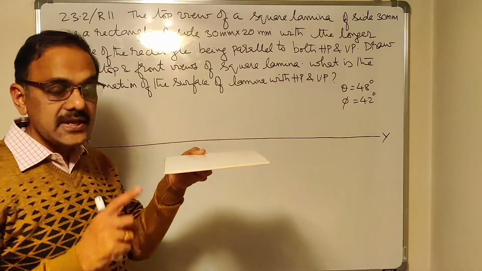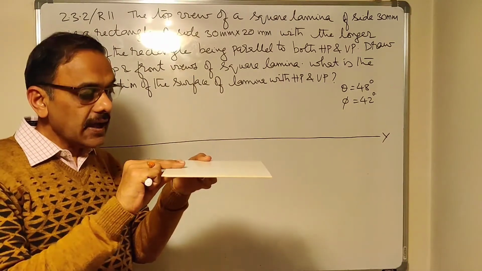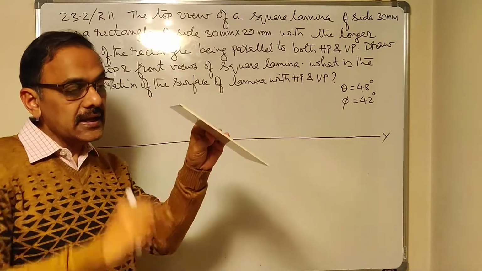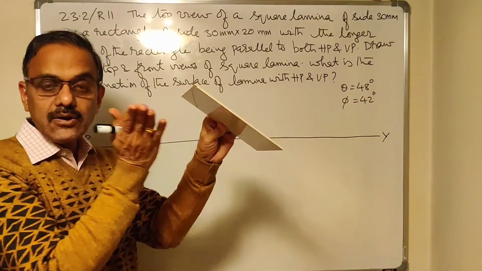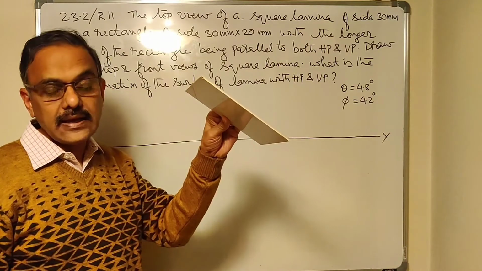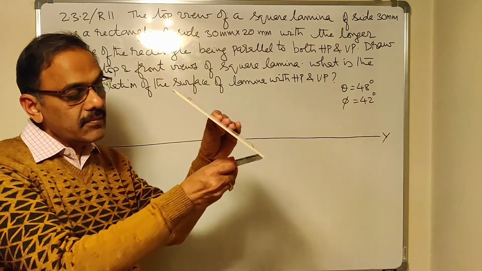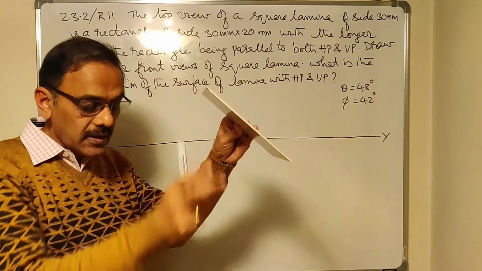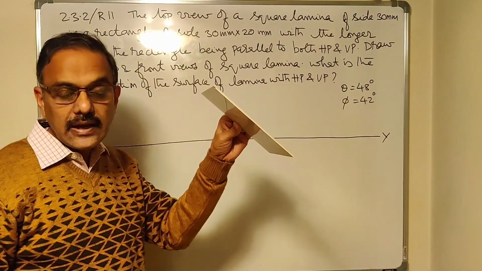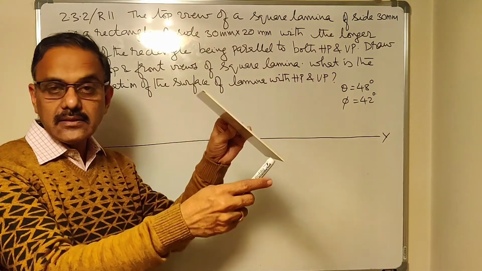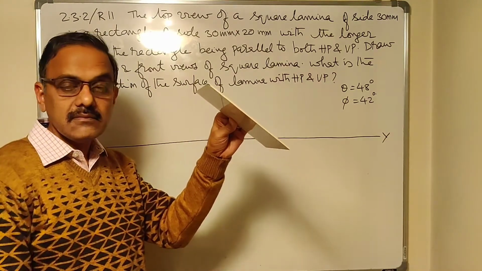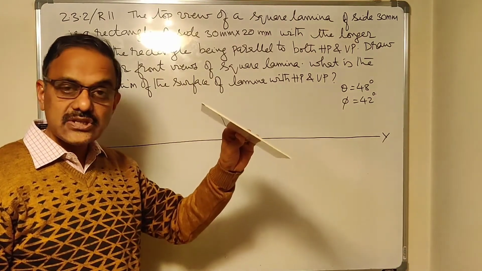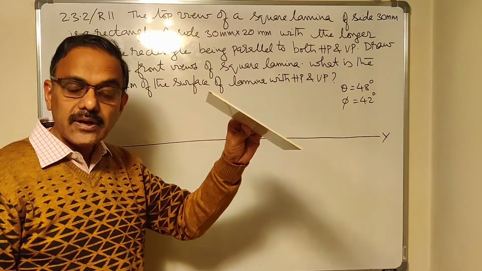Because the transformation is taking place from square to rectangle, I can imagine that this right side edge is on HP, and when I make the surface inclined to HP like this, then the top view becomes a rectangle. This 30 mm, which is the original 30, will remain the same. This edge, because it is inclined to HP, when projected is reduced in length. When this is reduced in length, it becomes a rectangle. And whatever inclination you make, you have to adjust it in such a way that the top view becomes a 30 by 20 rectangle.